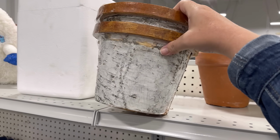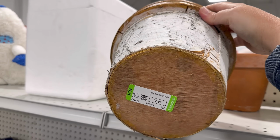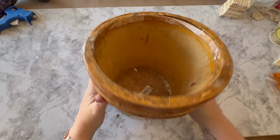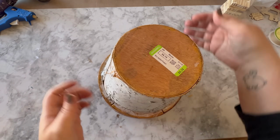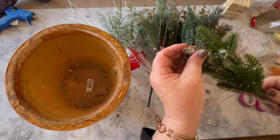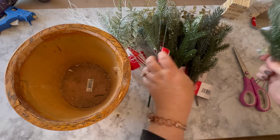Look at these cute birch wood planters that I found at the Goodwill. I couldn't believe my luck that I saw these. So I took them home. I'm going to try to do a Christmas floral arrangement. So I'm only going to be using one of these planters. And this was a great way to use up what was left of all the Christmas greenery I had bought